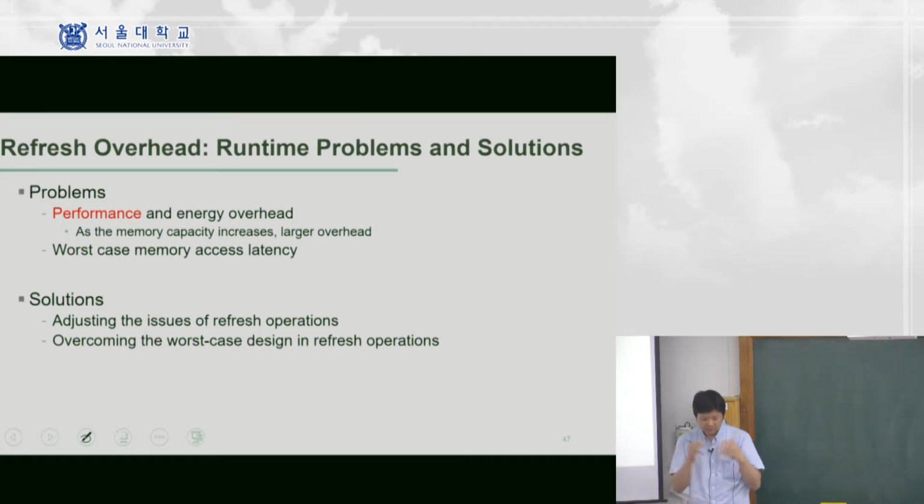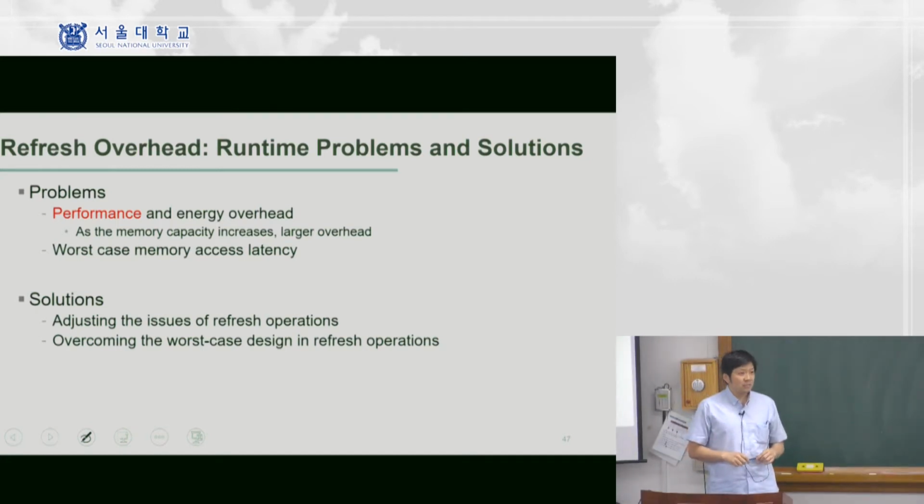Maybe it's connected, because let's say you try to access some specific bank, and it just started a refresh. Then what happens is this request must wait until this refresh is completed, right? So it's a very unlucky request, because it has to wait for a long time before it's finally serviced, right? So that's basically why it makes the worst case memory access latency longer, which may be problematic, especially in